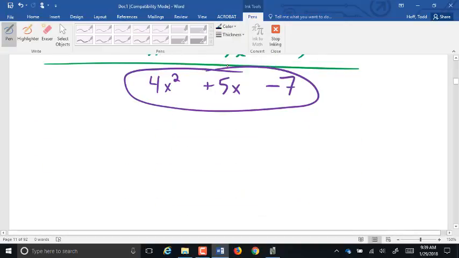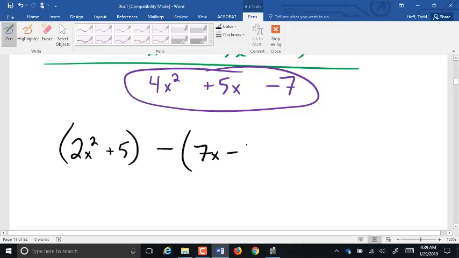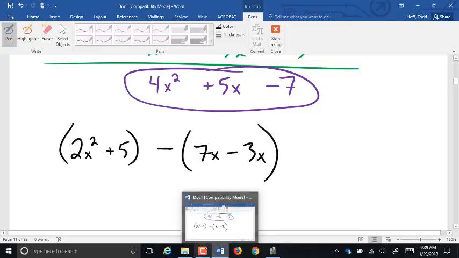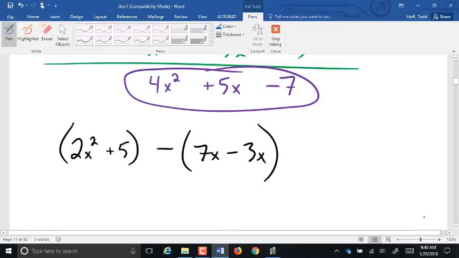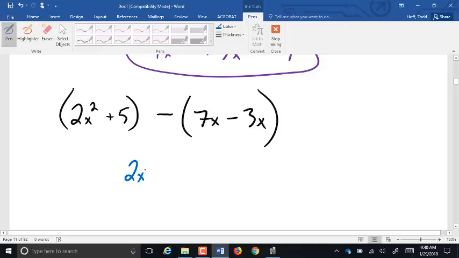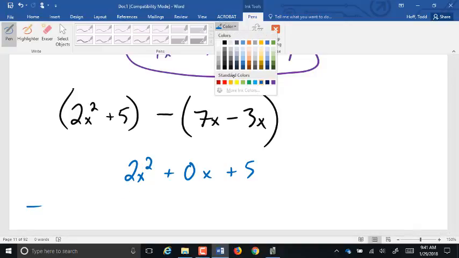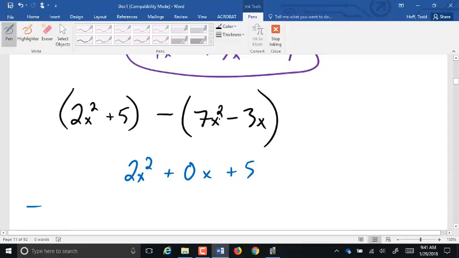So in your notes, I'm going to have you try 2x squared plus 5 minus 7x squared minus 3x. I'll give you a 2x squared plus 0x plus 5. We're subtracting. Oops, I screwed up. I don't know if I put it there and it disappeared or if I never put it there. That should be a 7x squared minus 3x. You guys want a minute to redo it with that there? Or do you guys